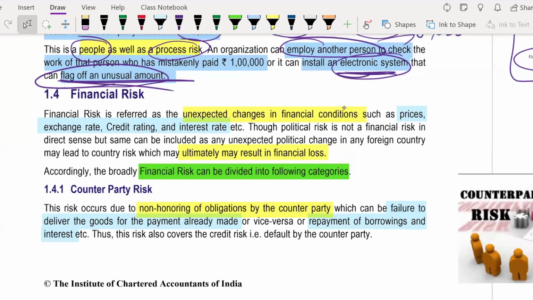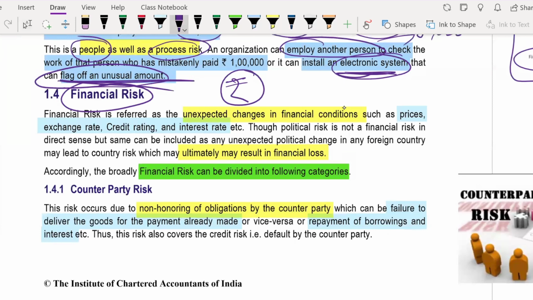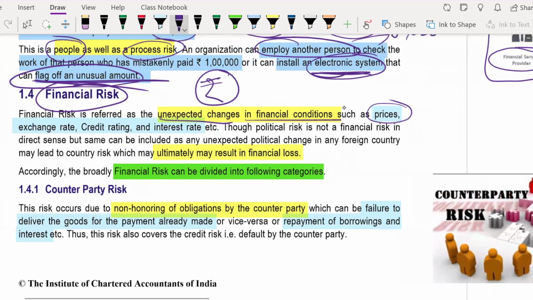And then your final risk, which can be faced by a company, is your financial risk. Financial risk means, in terms of money, what risk you can face. Okay. So unexpected changes in the financial conditions, like what can happen: your prices may go up or down. Your exchange rate might be adverse or favorable. Your credit rating might be changed. Your interest rate, what you are paying might go up, or what you are receiving might go down. So risks like these are known as your financial risk. So ultimately what will happen here is it is going to result in the financial loss